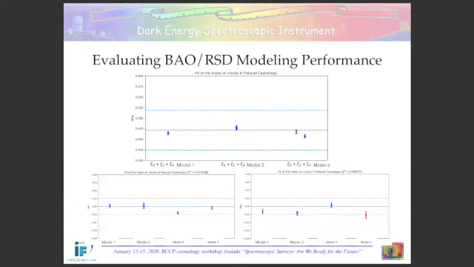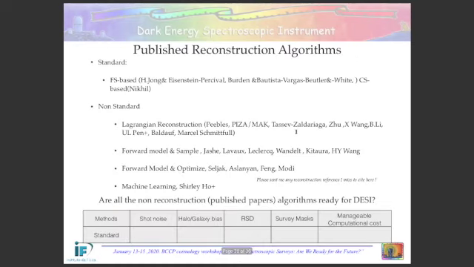Here, you have the BAO parameters and the growth factor parameters, f sigma 8. One of the things I didn't mention is that when we were thinking of proposing this BAO challenge, we are fixing one of the parts of the analysis, which is the reconstruction, because the idea, at least for now, is to separate the BAO fitter from the reconstruction, and then to test the reconstruction by itself.